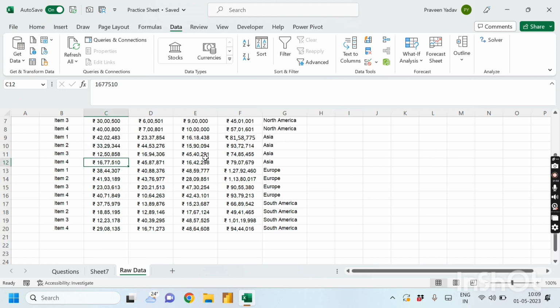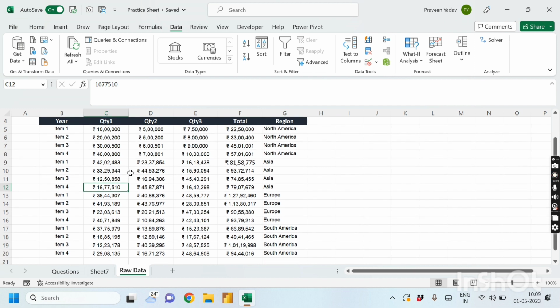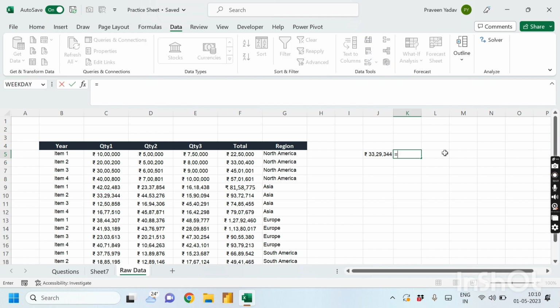Just randomly we'll take a number. Let's say this one we'll take, and we want the region, which region has this particular amount of sales. So equal to VLOOKUP. This is our lookup value. This is our table,